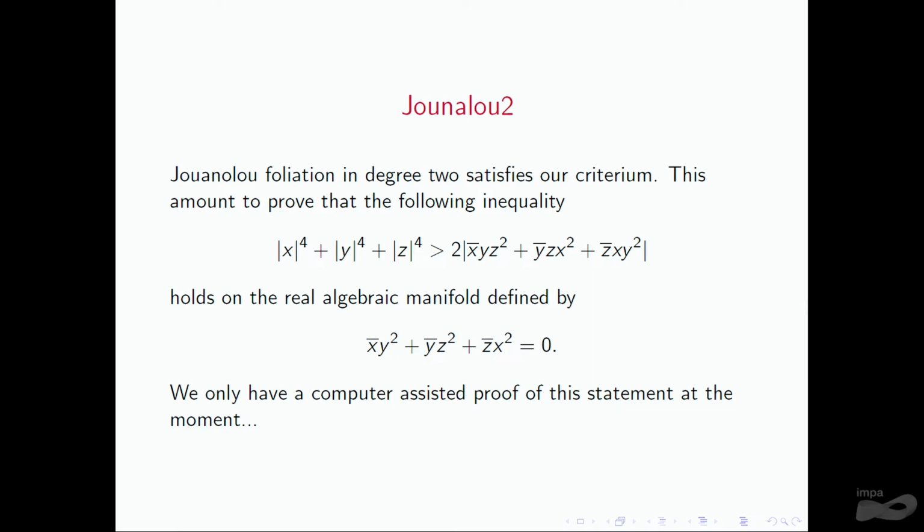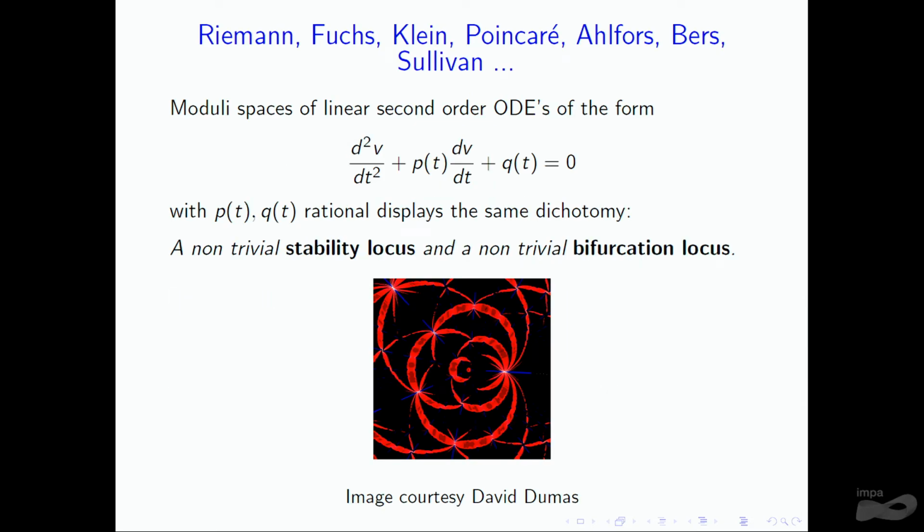and I wanted to show you some other kind of dynamical system, differential equations which are linear, for which we know how to compute. We have pictures. So those are linear differential equations. And in fact, if you consider a second order linear differential equation, of course you can make it a first order differential equation by taking a new variable which is the derivative of v with respect to t, as usual. So you have these differential equations that depend on two polynomials p and q of one variable, one complex variable. So t is a complex variable.